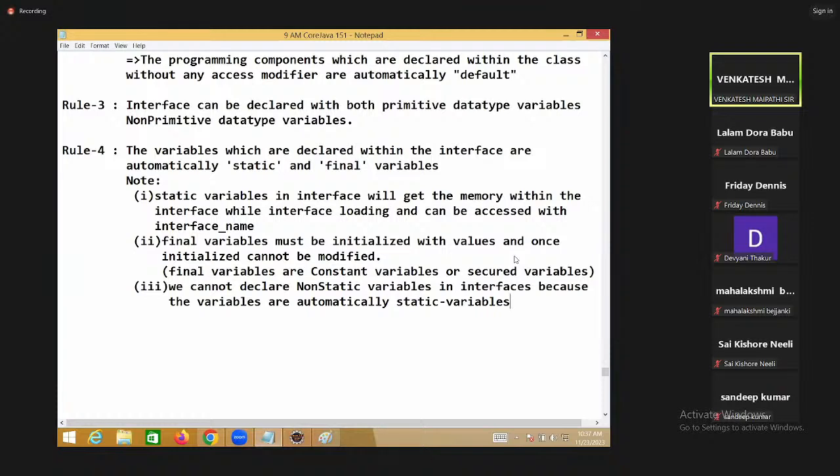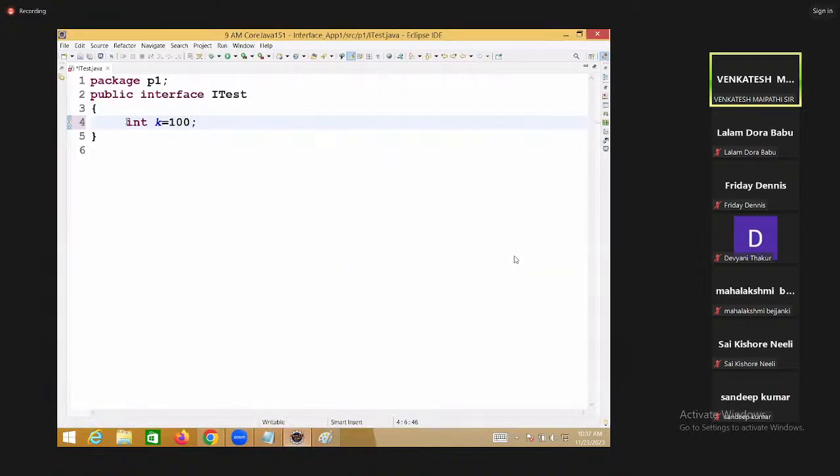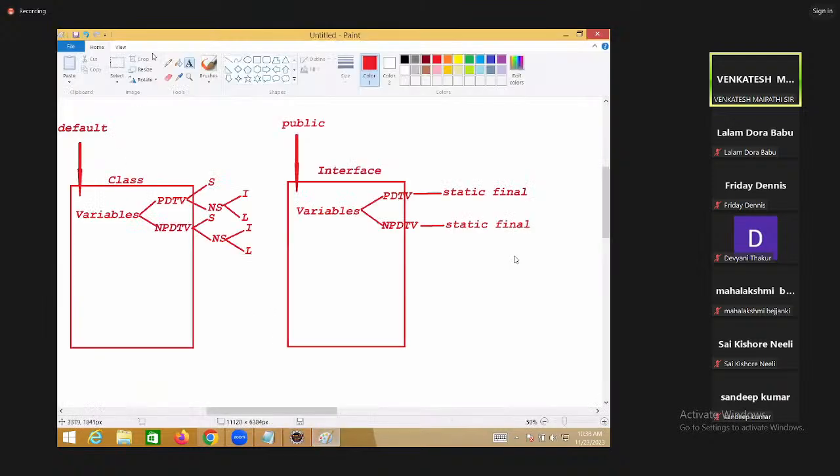Have all understood the notes about variables, right? The variable that I took within the interface is automatically public. If you don't write public also, the public keyword will come. It is automatically static. If you don't write static also, static will come. It is automatically final. The variables are automatically public, static, and final. Automatically means that even if you don't write them, they are available. Now, I'll declare some methods